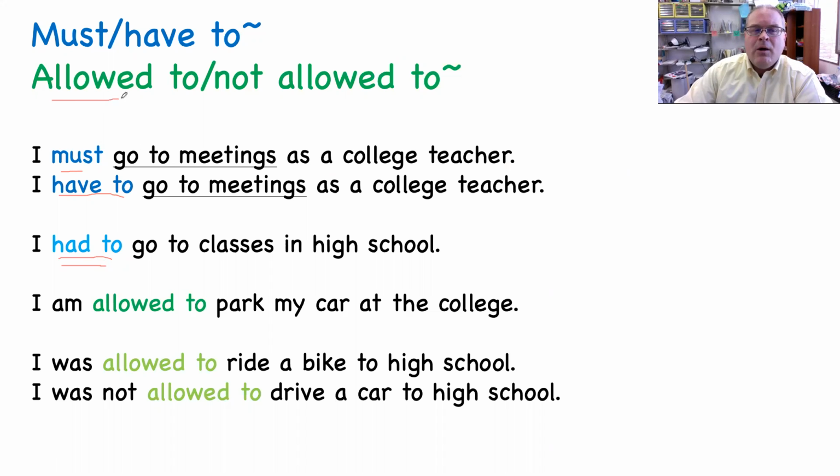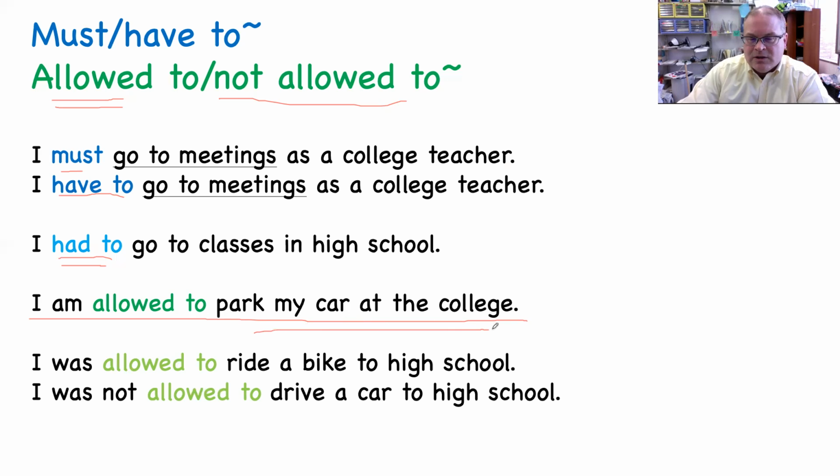So now allowed to, not allowed to means kyoka ga aru. Okay, sureba mondai nai demo hitsuyo de wa nai. Okay, tatoeba, I am allowed to park my car at the college. I am allowed to do that. Now, tokidoki watashi wa park wa shinai, densha noru or iroiro. Demo, shitai toki watashi wa dekiru, watashi wa kyoka ga aru. So I am allowed to do something. Nantaka koto suru wa kyoka ga aru.